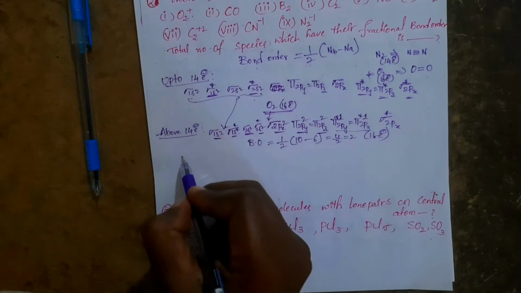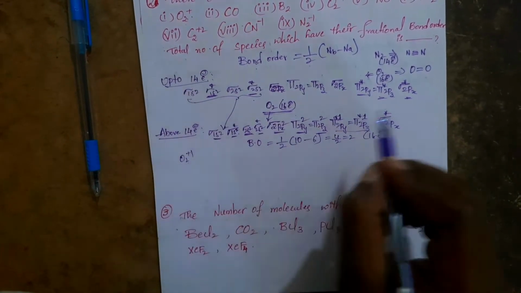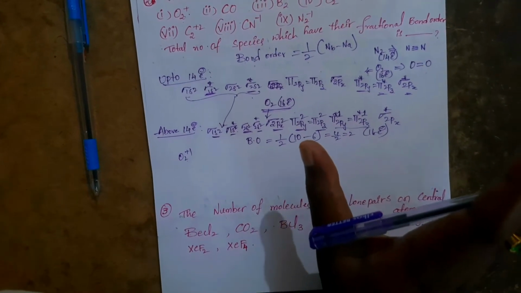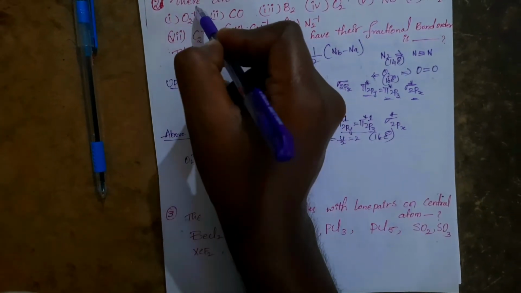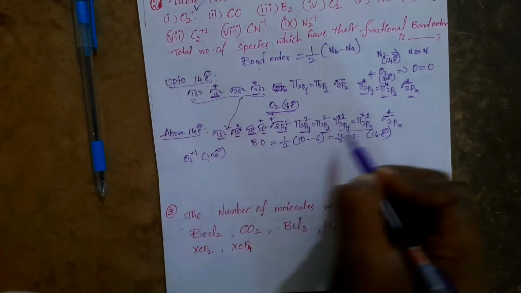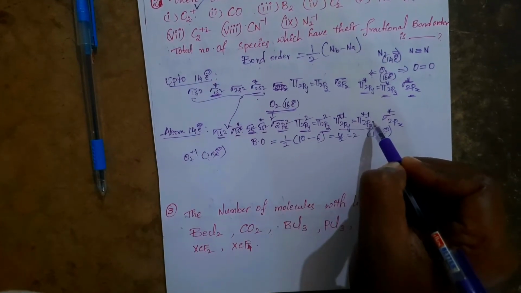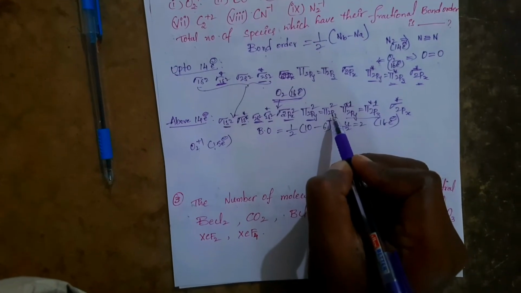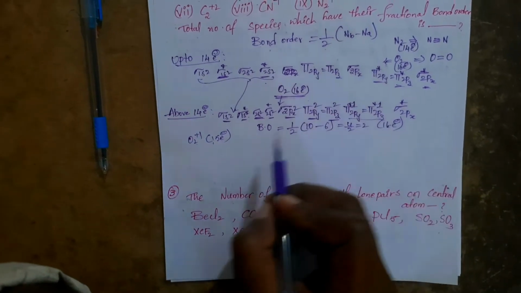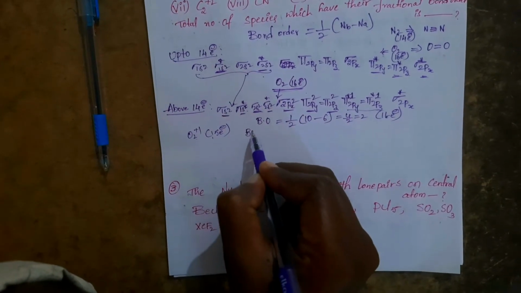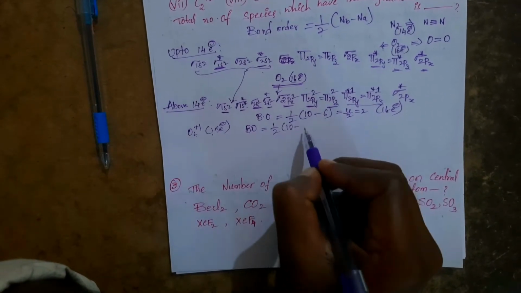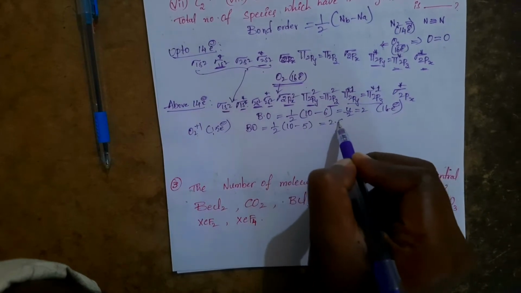For 15 electron O2 plus, what will it be here? You see, an even number of electron containing molecule will have an exact bond order. Now this O2 plus molecule will have a fractional bond order. It is 15 electron. So one electron is lost from which orbital? This pi star orbital, not from the bonding molecular orbital. The electron is lost from the anti-bonding molecular orbital. Try to understand here. Then the bond order for this O2 plus is half into 10 minus 5, that is, its bond order is 2.5.